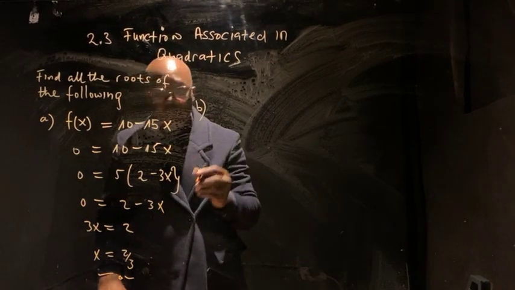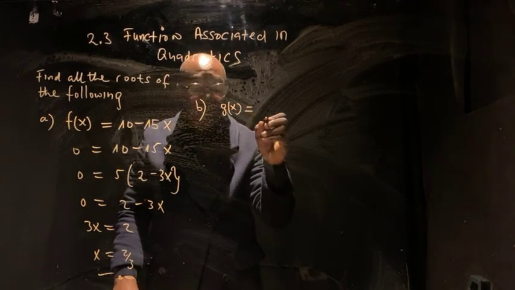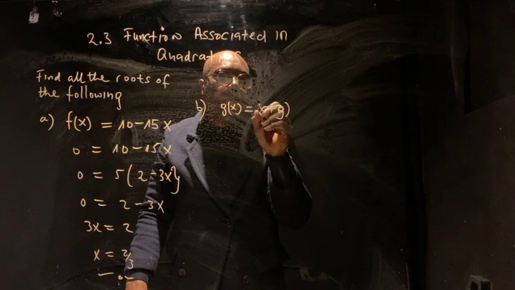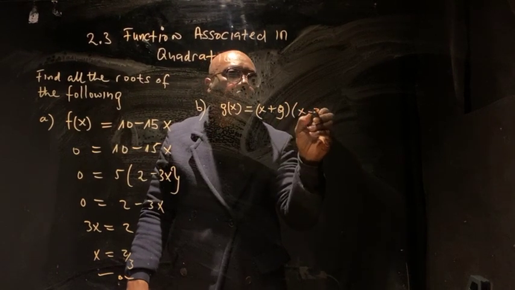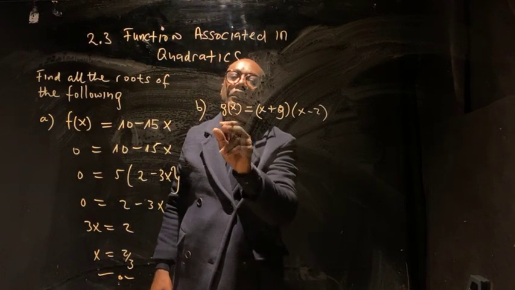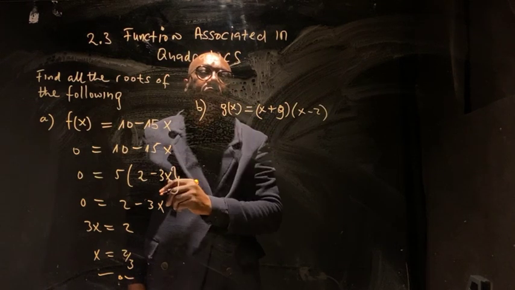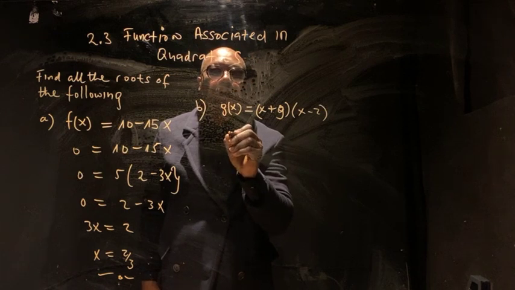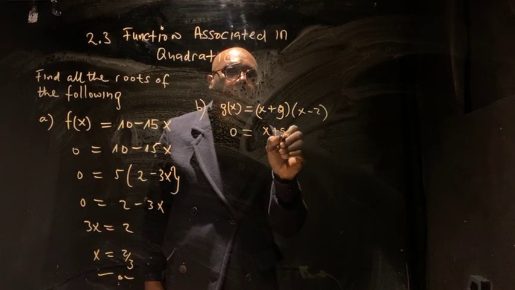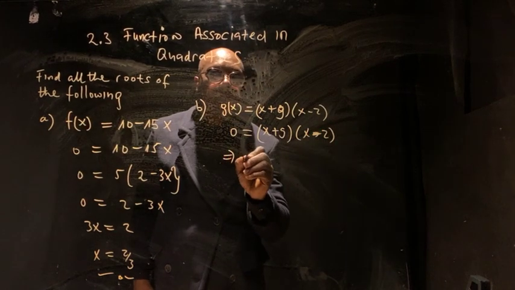And I think the B part was the same. The B part was g of x equals x plus 9 times x minus 2. You can only find the root when you put the function g of x equals 0. In that case, to find the root, g of x must be equal to 0. In that case, it becomes 0 equals x plus 9 times x minus 2,